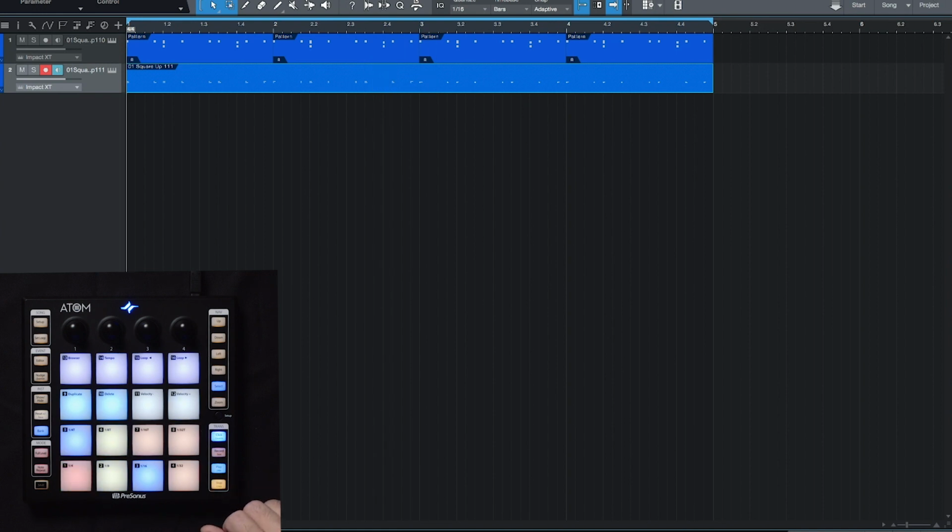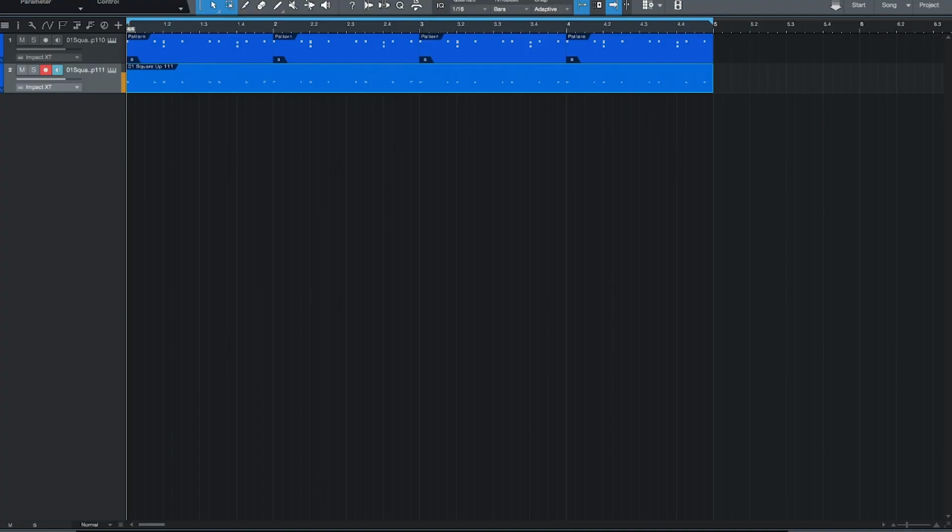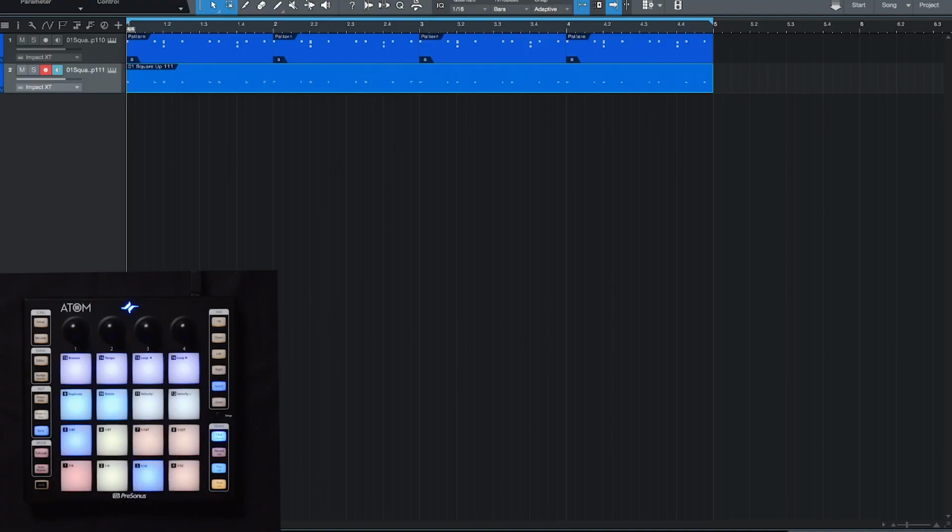Sweet. So let's talk a little bit about note repeat now. What I want to do is grab a hi-hat and use note repeat to make some rolls. So my hi-hat sound is here on pad 7. The way we use note repeat is that whatever was the last pad that I used will be spread out across note repeat. If it was the snare,